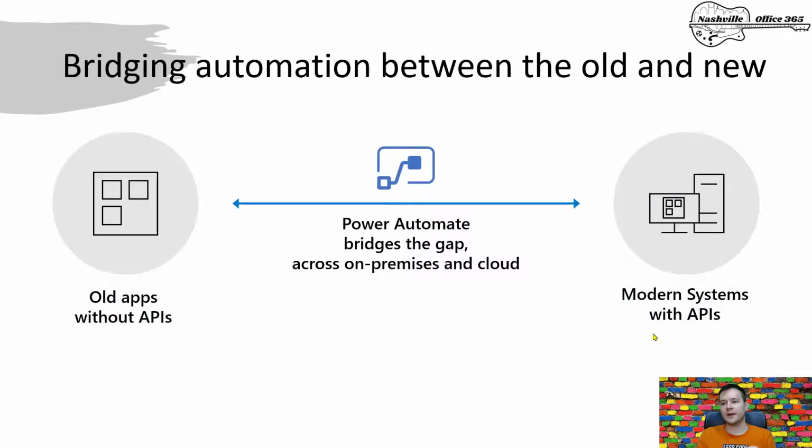So what UI Flows RPA actually is, is a tool that helps us to bridge those gaps between those old legacy applications or even modern internet applications, whose common thing is that they don't have any kind of API, any kind of interface apart from the user interface, which we can use to get the data out of those systems or to write to those systems. And so with UI Flows, we can query the interface, we can get information from the interface, we can put information back to the interface. So in the end,